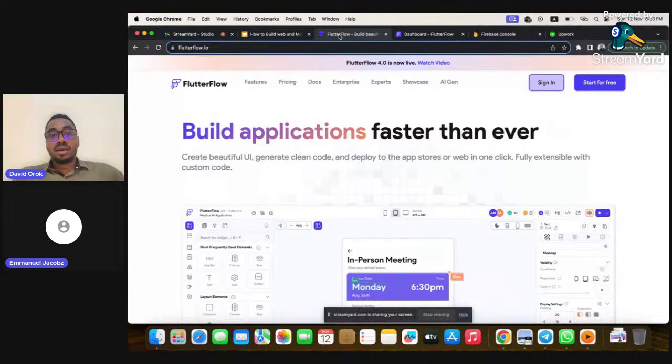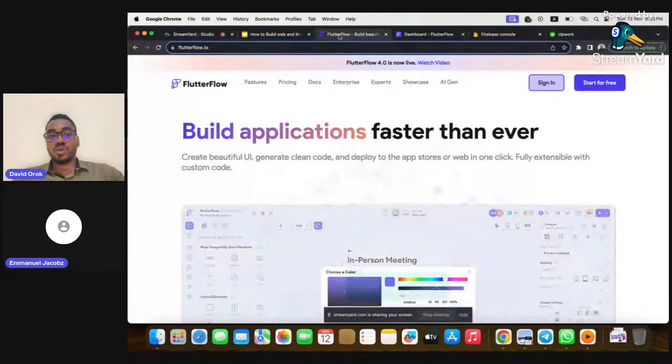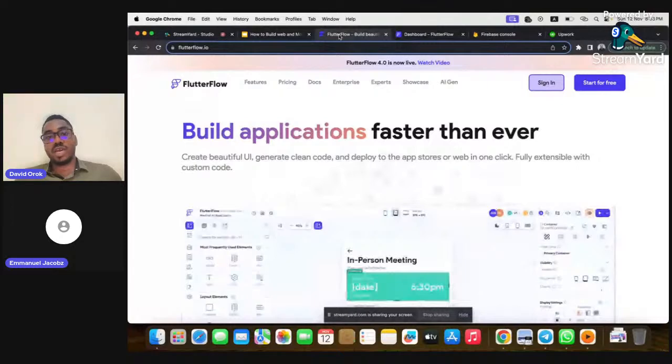Traditionally, to build a mobile application, you have to know how to write code, either using Flutter and the Google Dart programming language, or Python, or any other programming language, and you have to spend months and months to understand how to write code that can help you build